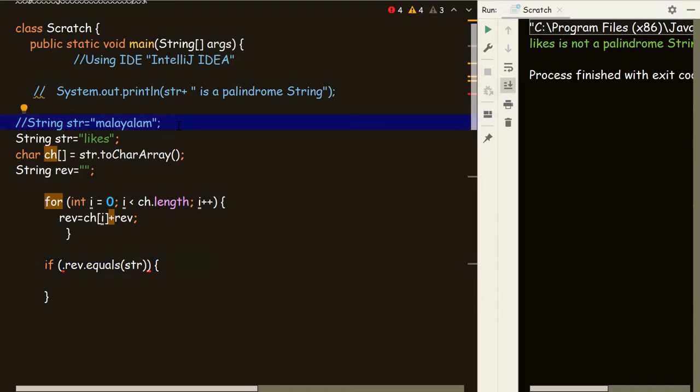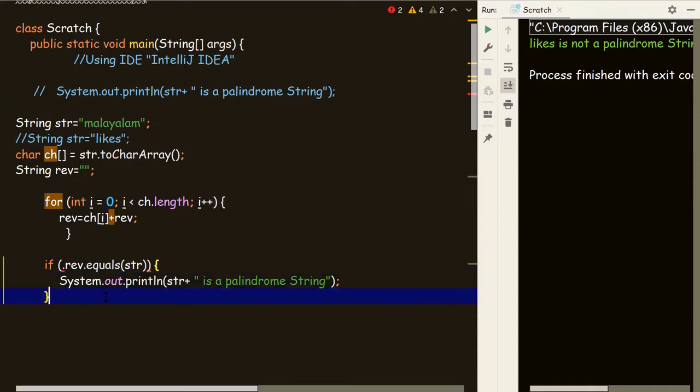First we will take this Malayalam string, whose reverse is equal to its original value. I've written it here first to save time. Else it would print that str is not a palindrome string.